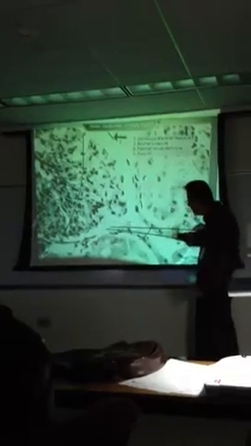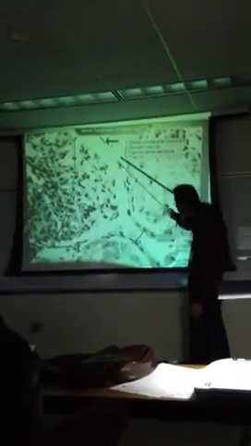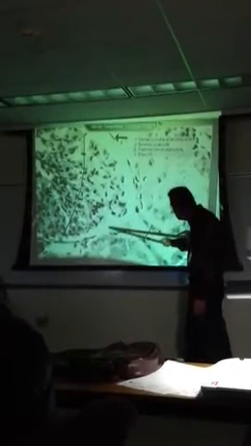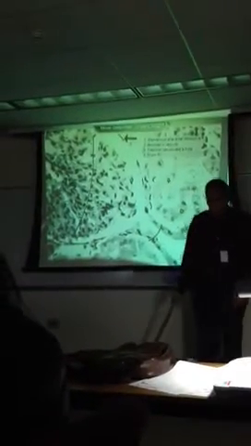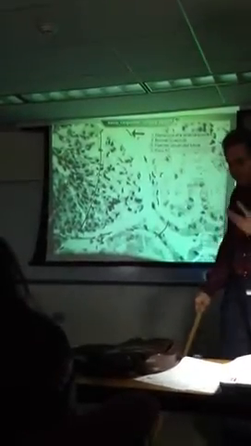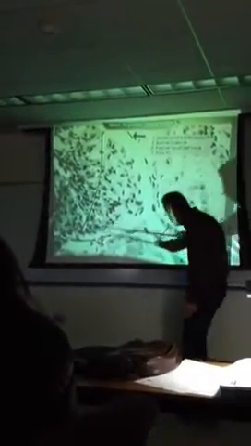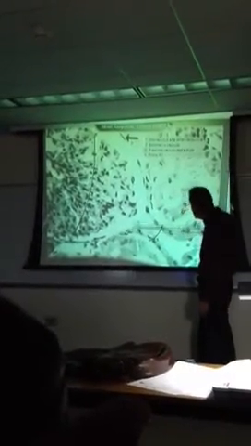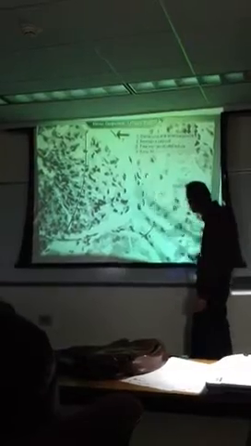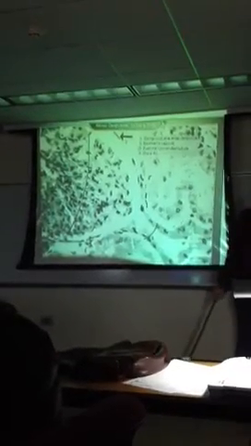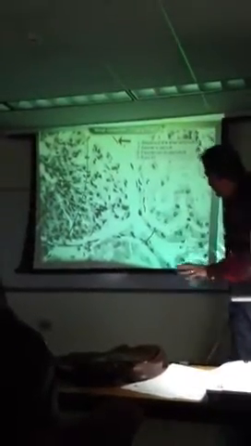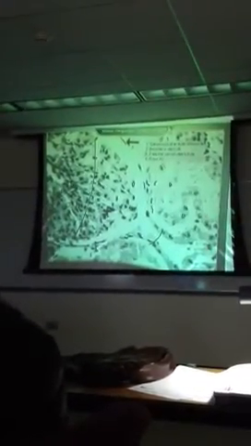The podocytes you can't really see here, but the clear area around the glomerulus is Bowman's space, and what you're seeing here are the cells lining Bowman's capsule. So that Bowman's or glomerular capsule is really a